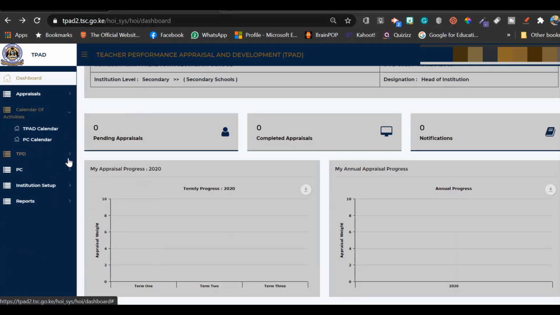Under calendar of activities, we have the TPAD calendar and the PC calendar. The TPAD calendar simply is the way the TPAD committee in the school has organized the various TPAD activities. This could be the time for setting up the lesson observation, maybe the time for appraisals. So this is simply a calendar of events, and in this case you can choose what works for you in